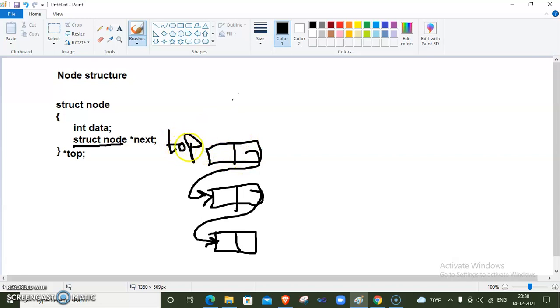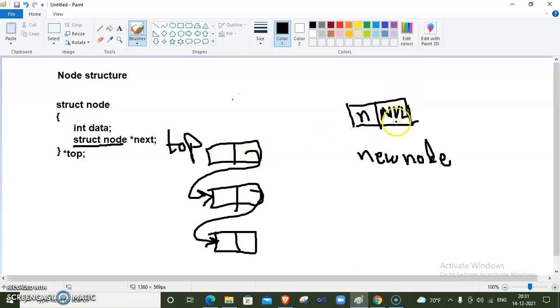Now here we allocate one new node, this is the new node, and we adjust the data part. Whatever the value of n, we store it here inside the data part, and this part we store as null, because we know this is the last, topmost node of our stack.